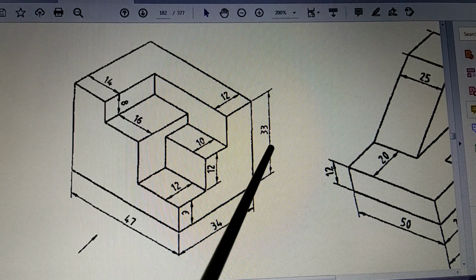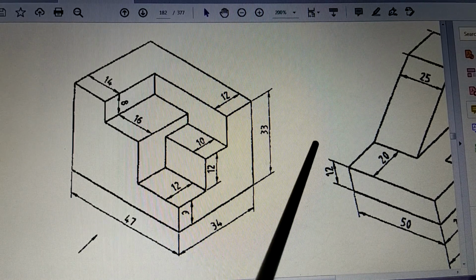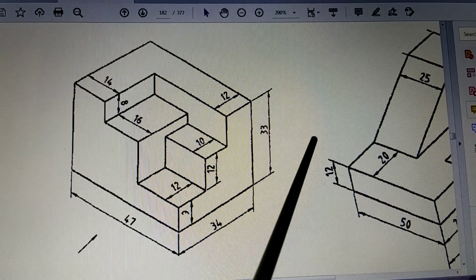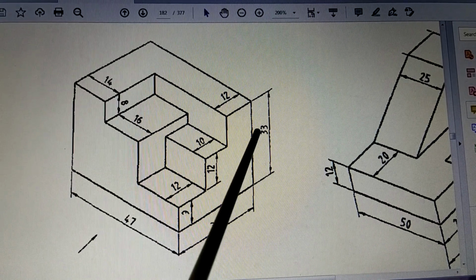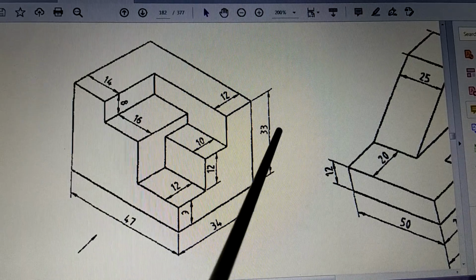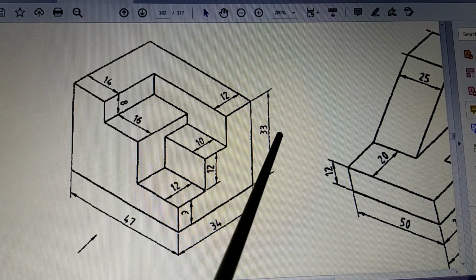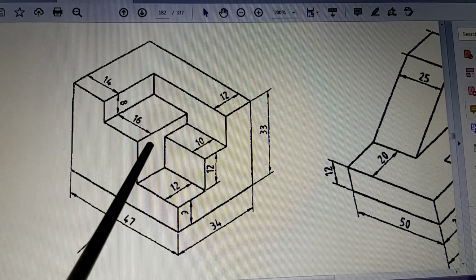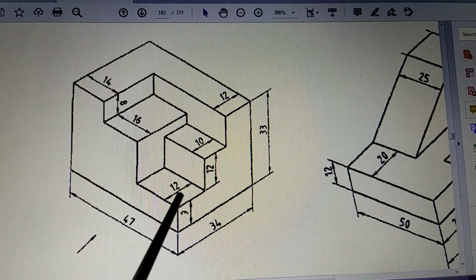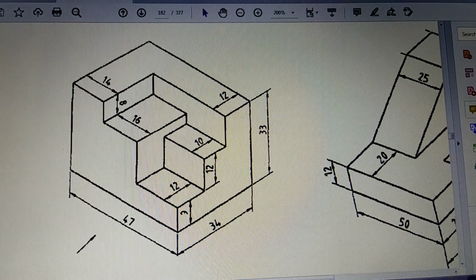Now in case of vertical, you have to write in such a way that when you see from the right hand side of the dimension line, then it should be seen as above. So this is correct. You should not write this dimension here. That is wrong. Okay, so here the things are drawn properly, and that is to be observed. Now let's go to the next figure.